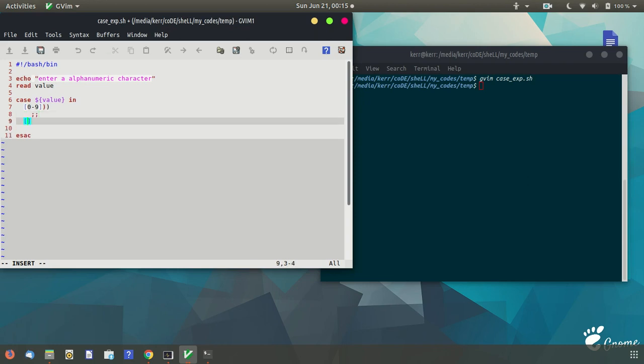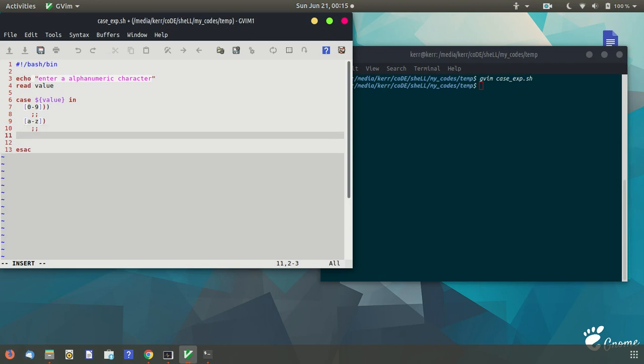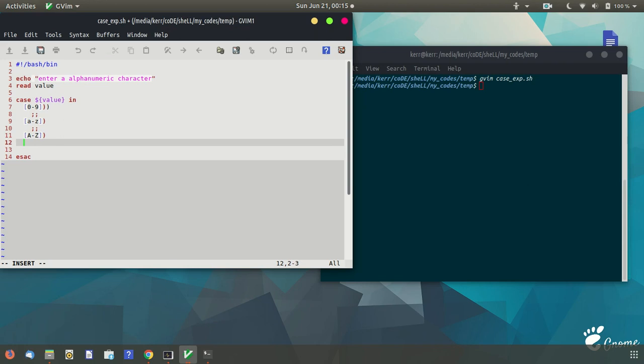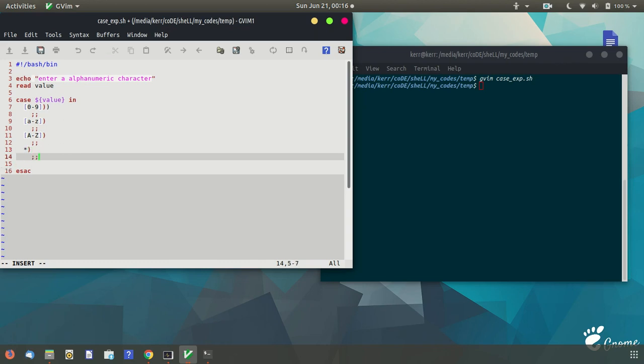If that is between a to z, we will perform another set of operation. And if that is between A to Z in capital, we will perform some other operation. And if it is not within these three checks, then that should be a default value, where we will just print a usage line.